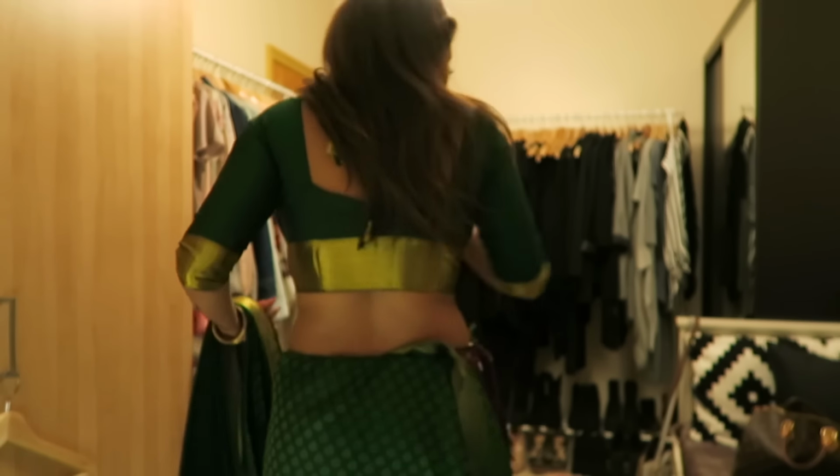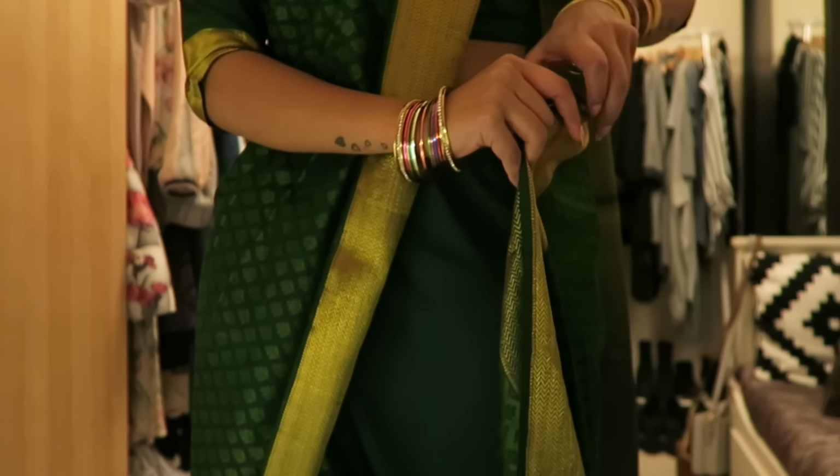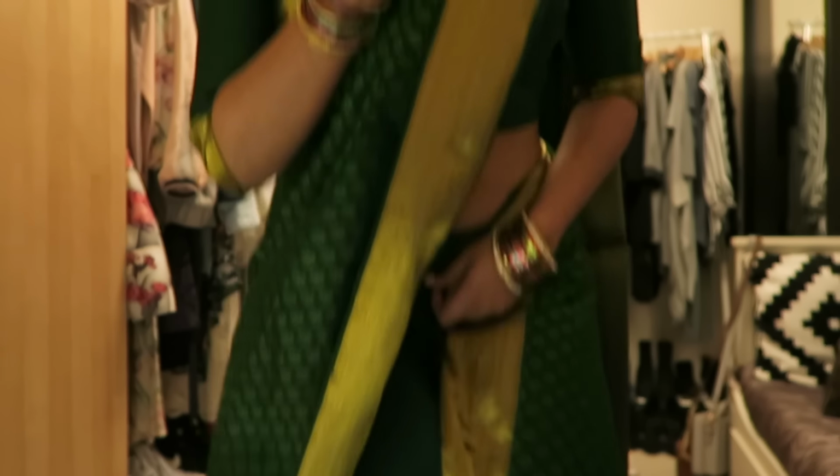Sorry about my tummy, I'm still working out. So here we've got all this material. What I'm going to do first is basically leave all of this. Sorry about my tummy, guys, but anyway, make sure you actually pin it up here. That would help. Once you've pinned it there, you can pull this as hard as you want because it won't move. So you basically